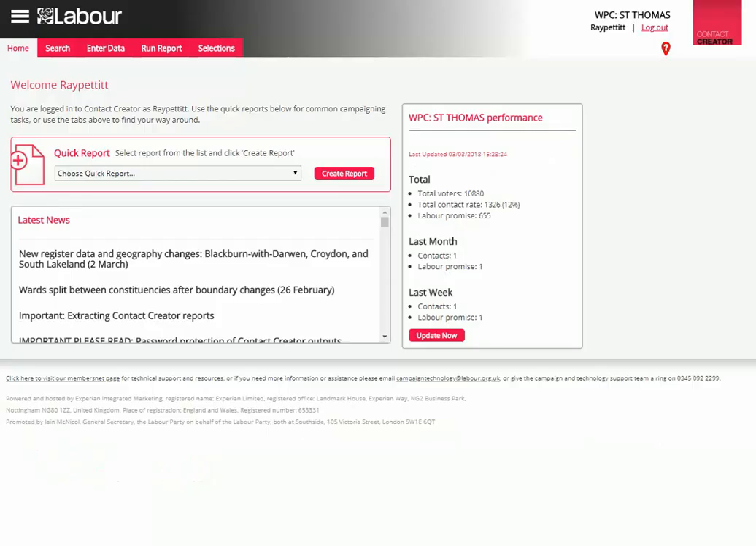To begin, log into CC. You need to have standard user access and have selected the ward for which you have VID responses. I'm going to use a part of St Thomas ward which was downloaded as part of the training video CC001 as an example here. We'll have a look at the Enter Data page